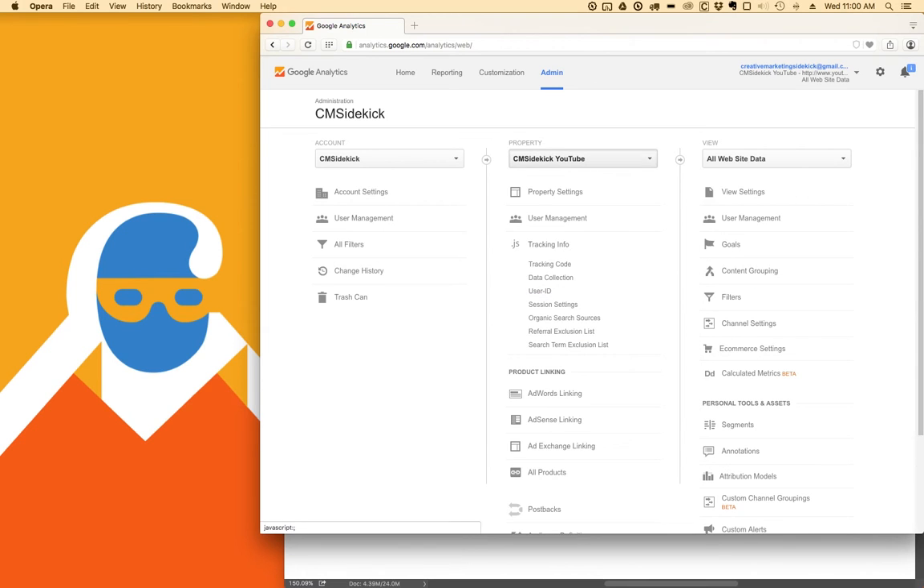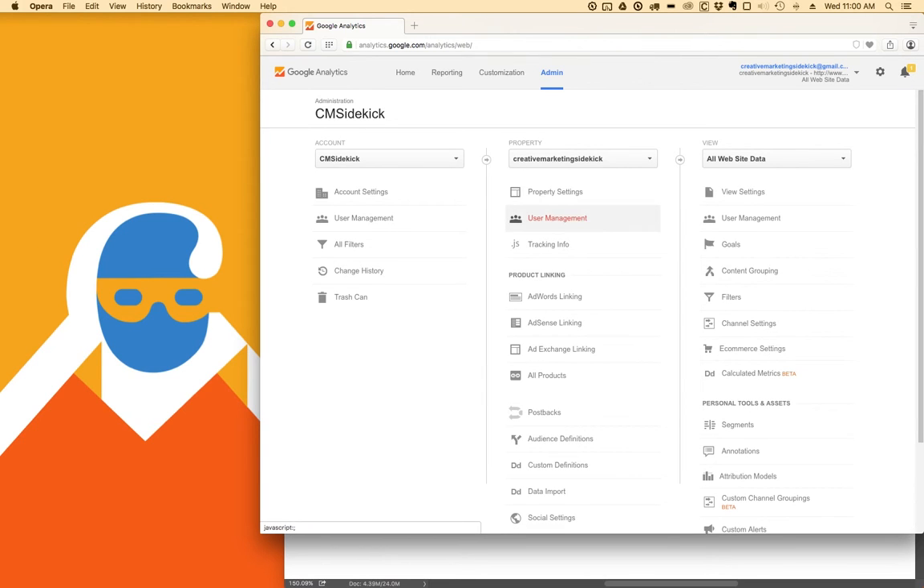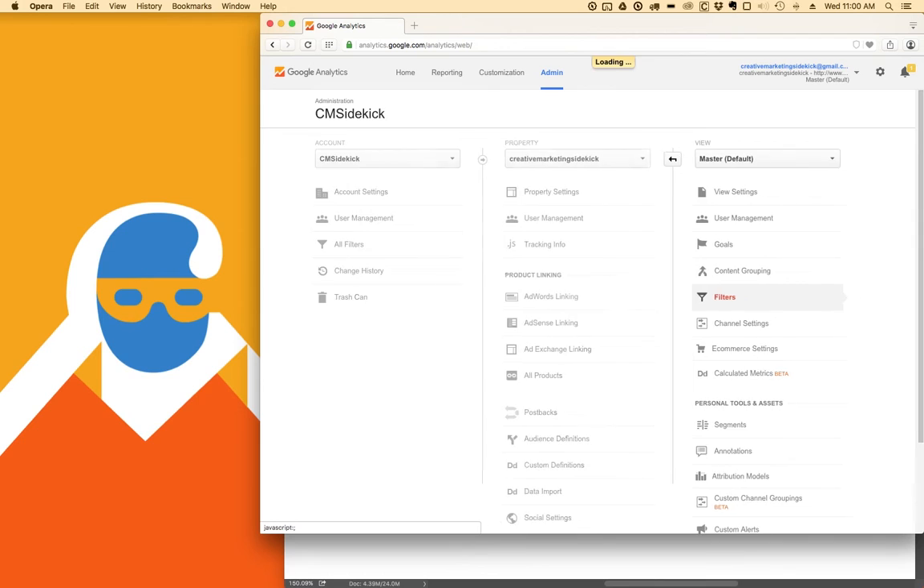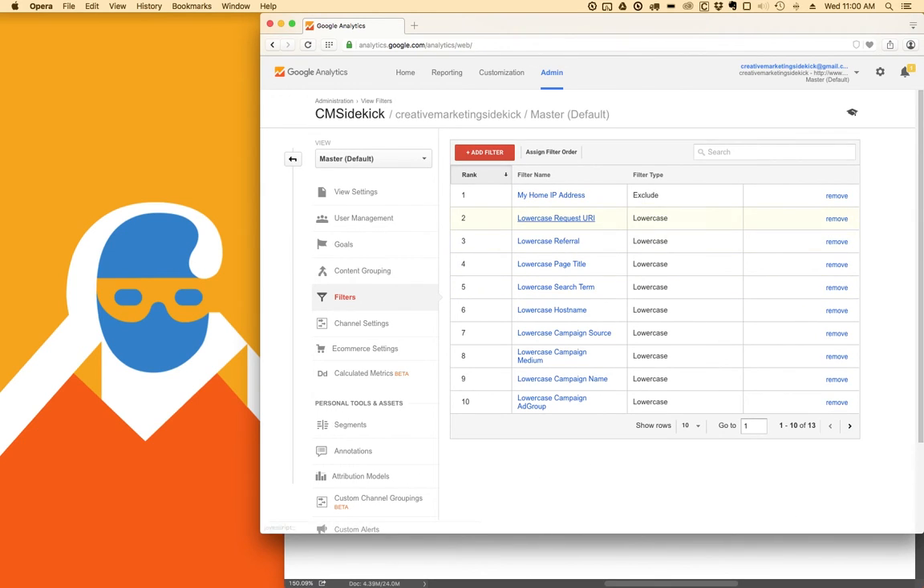Speaking of polluting your data, let's go over here just really quick, to give you a glimpse of another common issue. So here we have the property cmsidekick.com, and here we have all these different views. If I go over here to my master view, and you can subscribe to get the video to explain how to do this, have master view, and if you go to filters, you have something here like my home IP address. So every time I log into cmsidekick.com